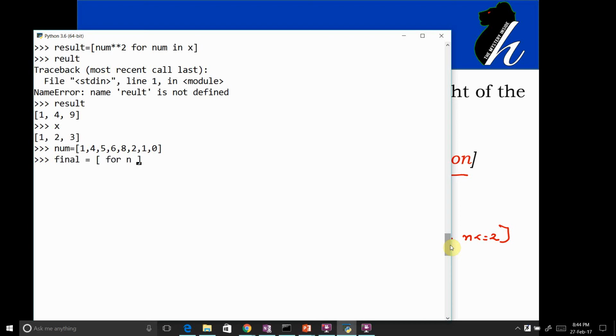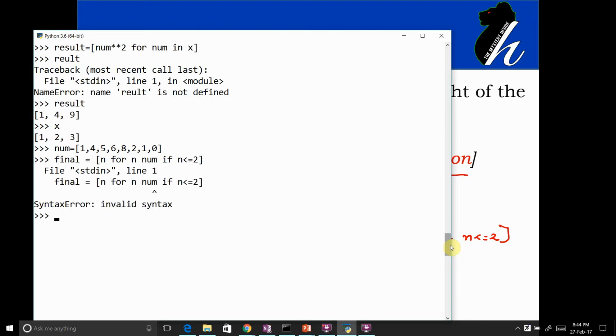First of all, I need to extract the element from the list. So for n in number, if the value that I am extracting is less than or equal to 2, then what I wanted to do is print the n, and I am done. Final. So I have got the answer. So list comprehension is really a nice way, it is simply going to shorten the length of your program if you use it effectively.